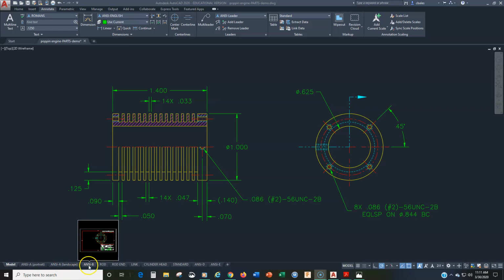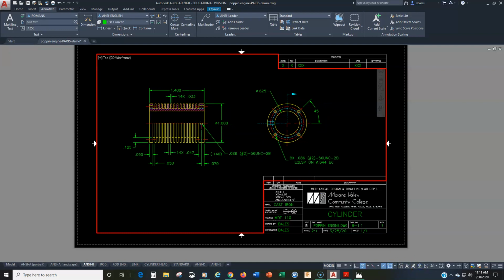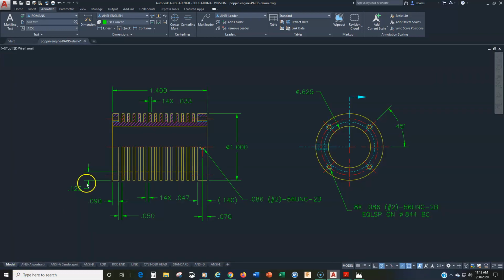Okay, let's have a look at our ANSI layout. Okay, so everything looks good here. Maybe I'll unlock this and just move this a little bit over there, and then go back and lock it. That's all good. And we go back to our model space. All right. So first things first, let's take care of the